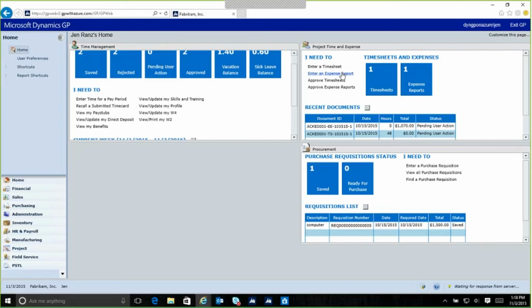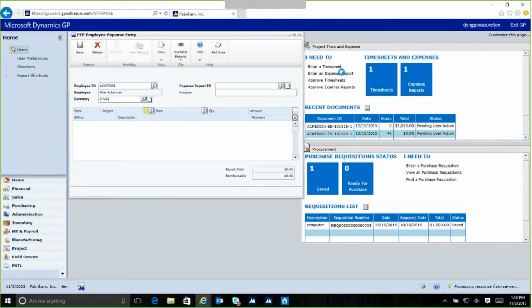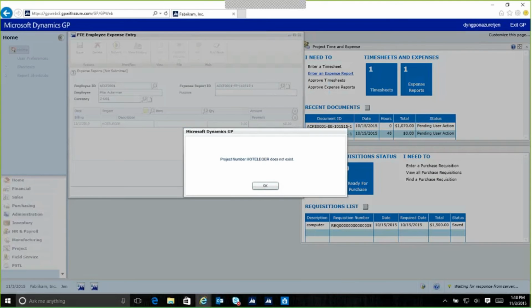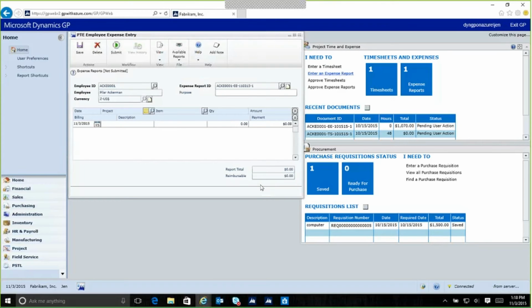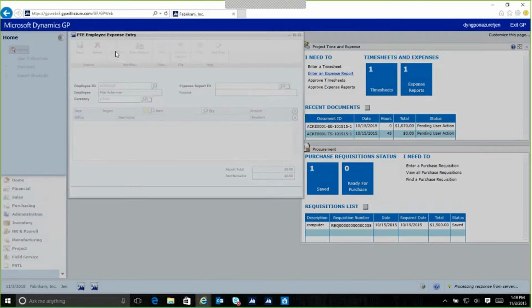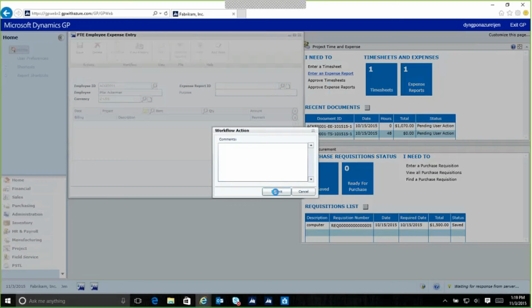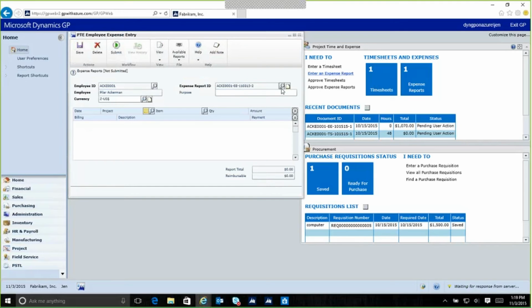All right, and same thing on the expense side for project accounting. I'll just open up the window. I can tab through. It creates my expense ID for me. And then again, I can go down and enter my project information. Oops, spell that correctly. Enter my information in here, and then I can go ahead and hit submit. And then the same thing again will happen. I'll hit submit, and then it goes out and shows me that it's been assigned to an approver, that type of information. If I do pull that back up in this window,